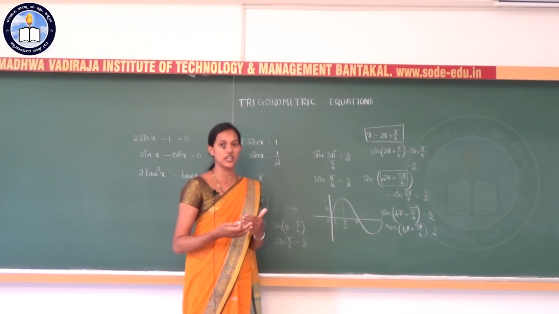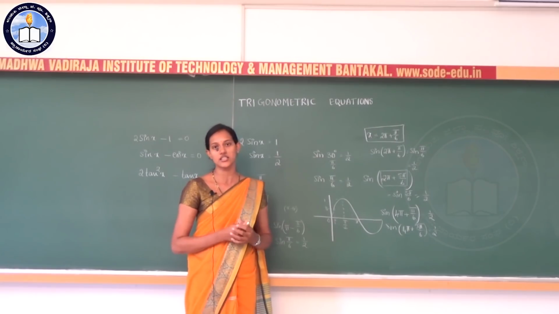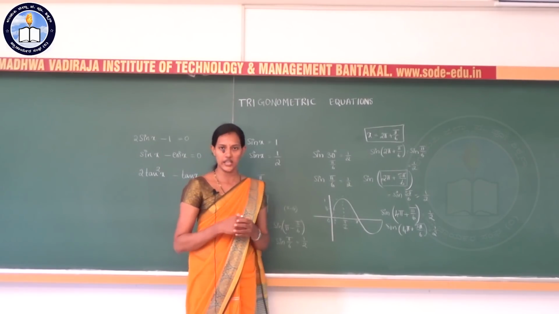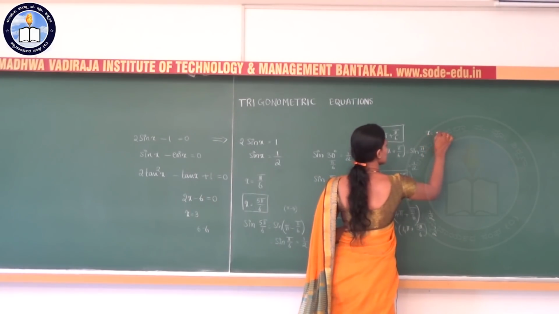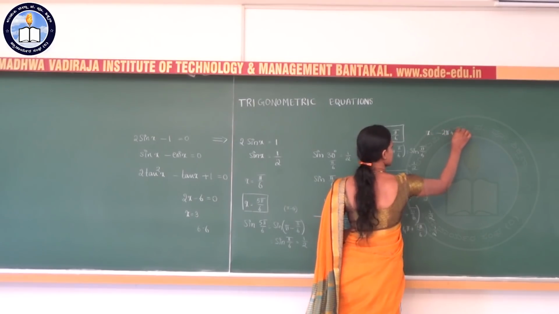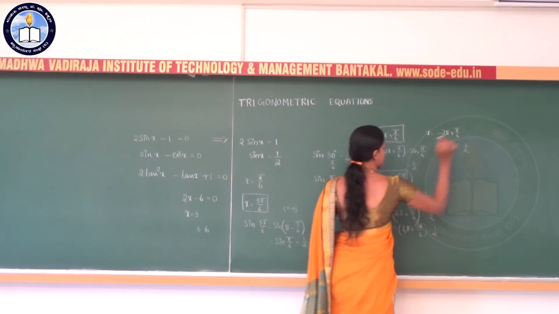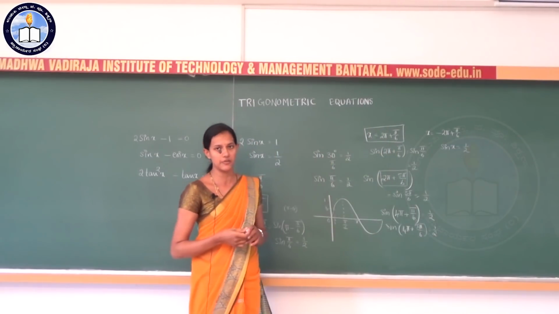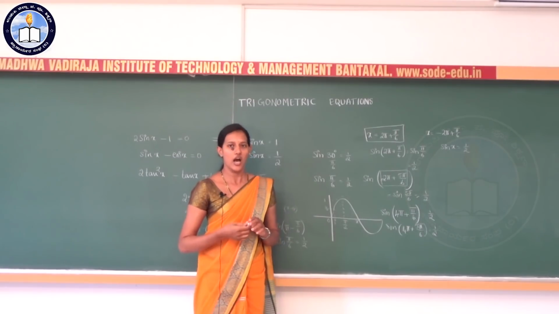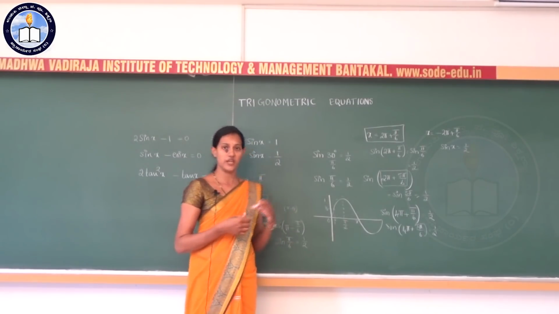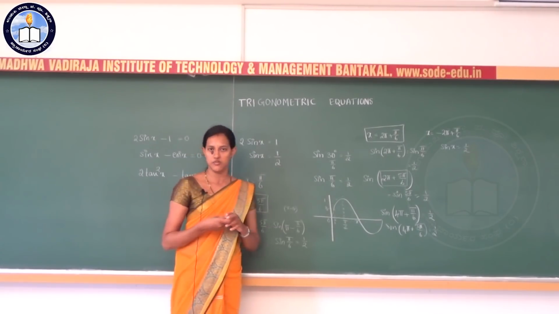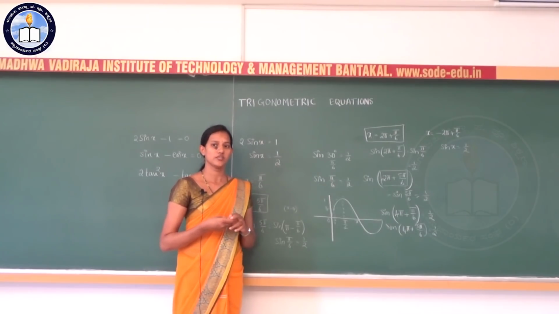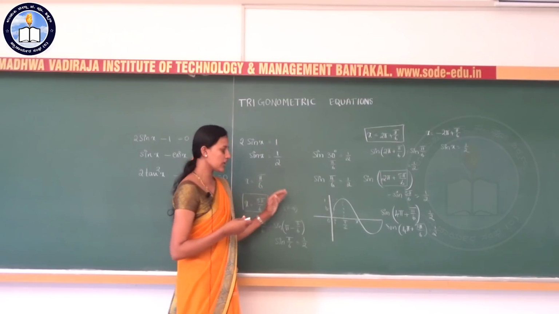Or we can consider 3 complete revolutions and so on. Even we can consider the negative direction or clockwise direction. If I consider x is equal to minus 2 pi plus pi by 6, then sine x is half. Sine of minus 2 pi plus pi by 6 is equal to half. This means there are infinitely many solutions for this trigonometric equation, and the solutions in between 0